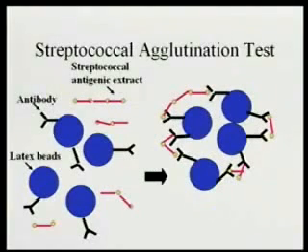So I've got it here for now. Basically all you do is you take some latex beads, and attached to the latex beads you would have an antibody. You take a throat swab from a patient, and it would have streptococci from streptococcal pharyngitis or sore throat. You simply mix the beads with the throat swab extract, and what happens is the antibody recognizes the antigen and